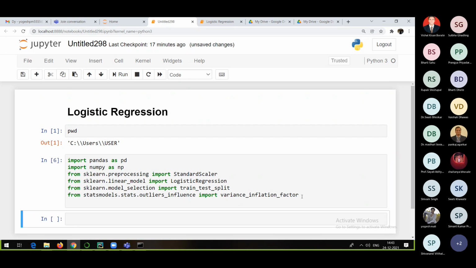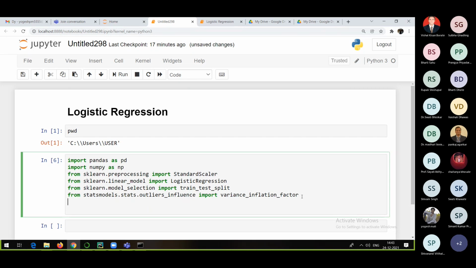I will run it. So yes, it has imported properly. And now finally, I will talk about evaluation metrics, which we've already seen.